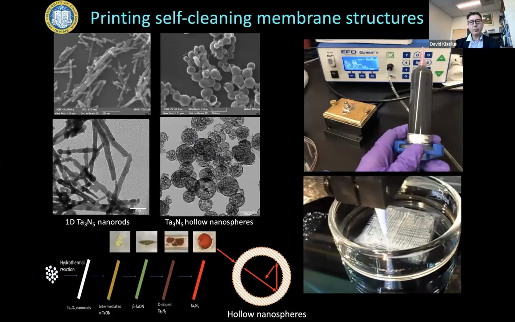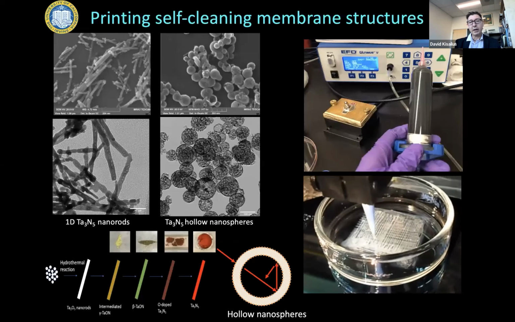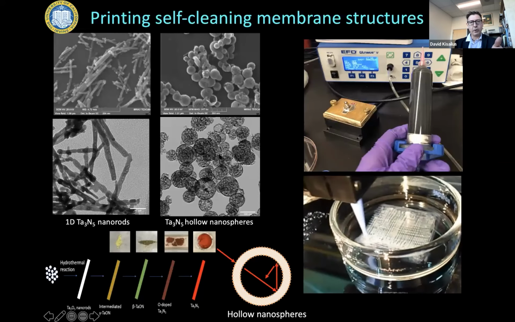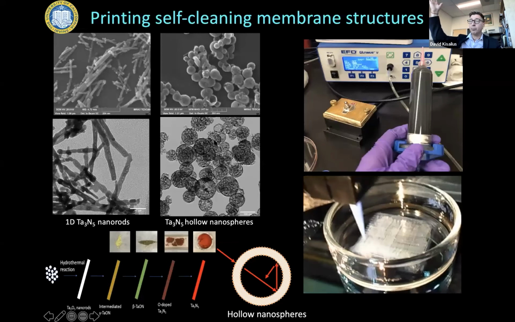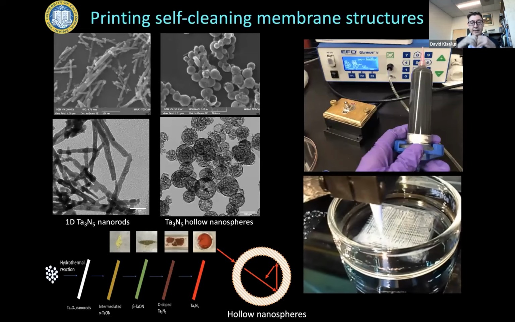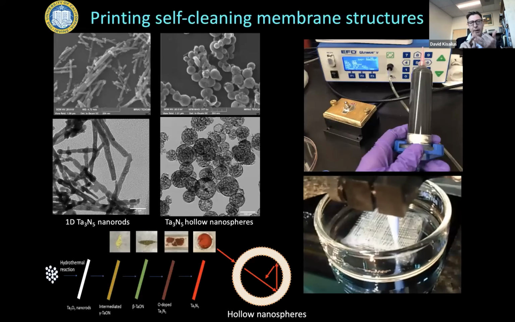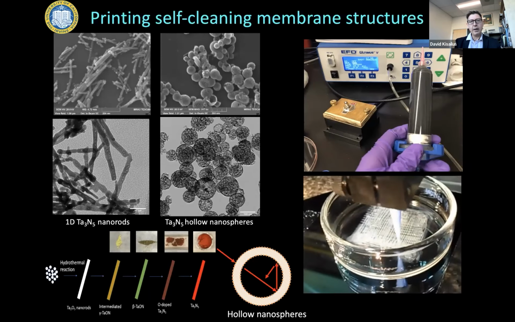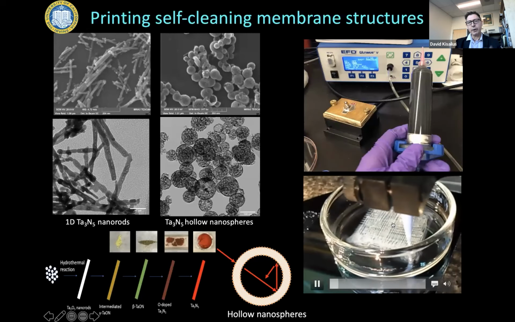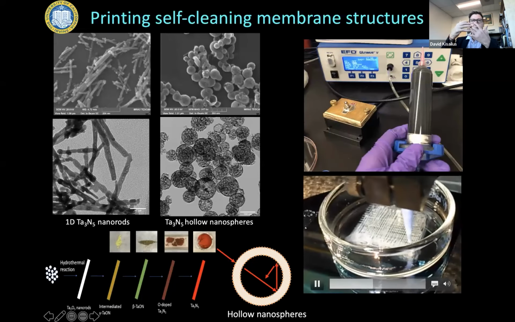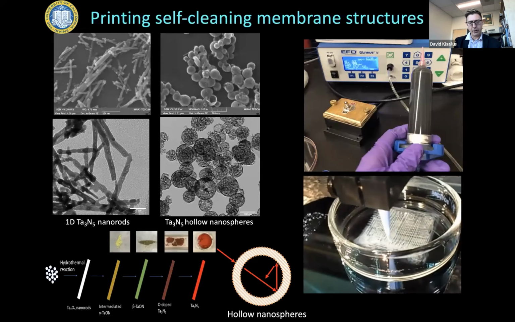Could we develop systems that can be utilized in water purification plants where we can actually take advantage of this nanostructural control? Here we're making hollow nanospheres of a material called tantalum nitride that actually absorbs visible light from the sun and creates these things called radicals. These radicals can actually destroy any organic compound, viruses, bacteria, and harmful chemicals. Can we then take these nanoparticles, put them into a slurry, and 3D print membranes that we can now use to pass dirty water through a membrane, shine light on it, and out will come clean water? It's another project we have in our laboratory.